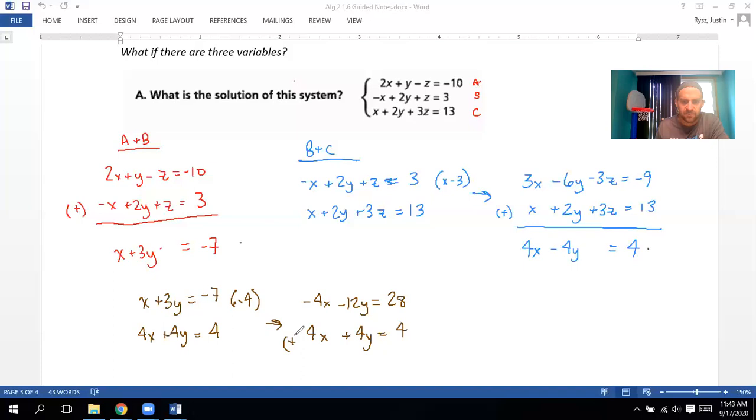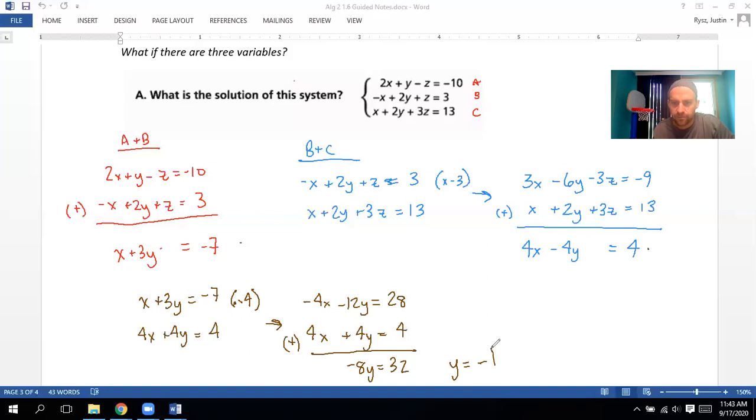Now if I eliminate this here, x's go away. And y's would be -8y equals, add them together, 32. And now I can simply divide, and I figured out one key piece here, and that would be y would